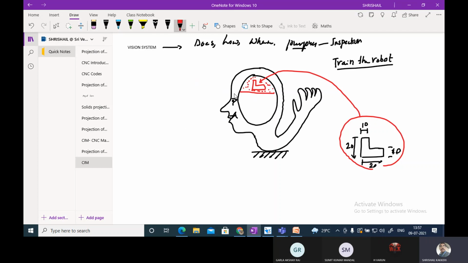Now, physically what we are going to do, I want to take it for the inspection purpose. For this, we are going to use a proper lighting technique.